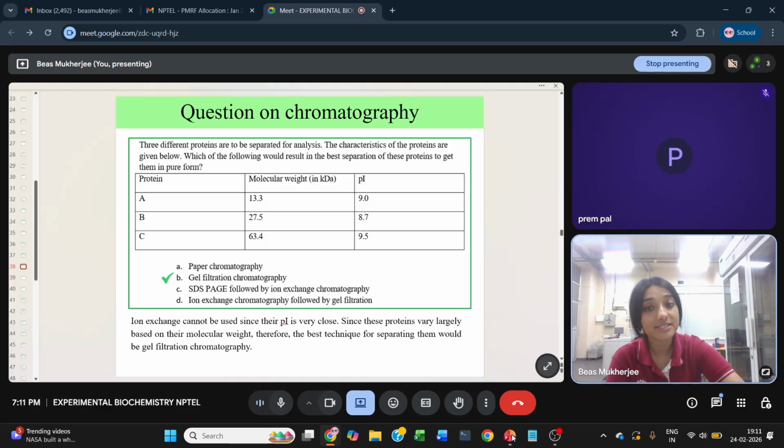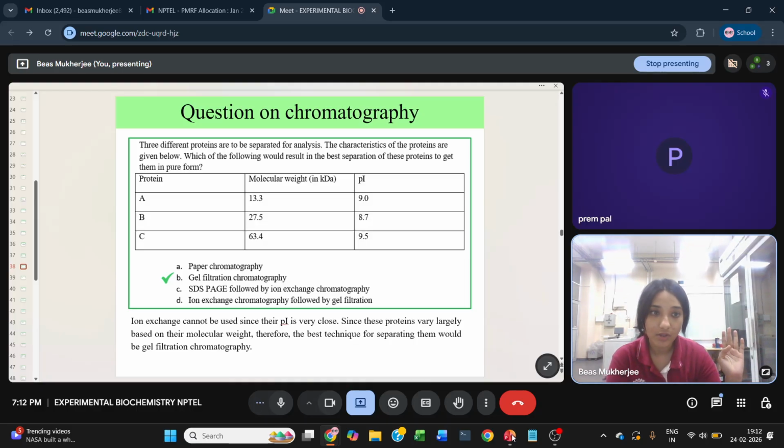Why? Because if you look at the pI, all of the pIs are very close by. If the pI is that close by, then using any buffer, can you make sure that one of the proteins has a positive charge and the other two have a negative charge? It is very difficult to do that. Whatever buffer condition you keep, all three will have the same charge. Then you cannot separate them using ion exchange chromatography. So since the molecular weights are very different, it is best to separate them using their size,